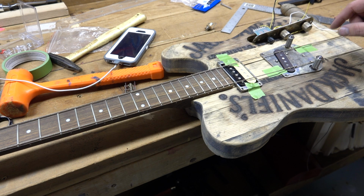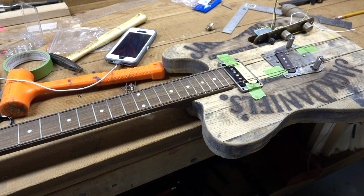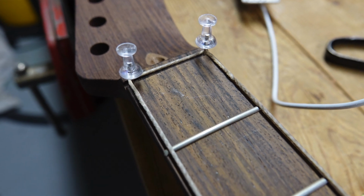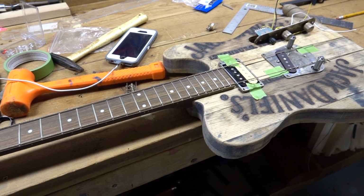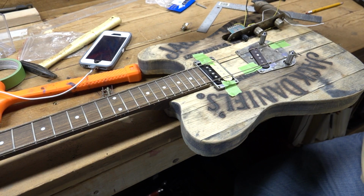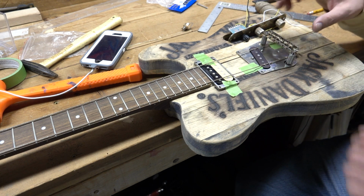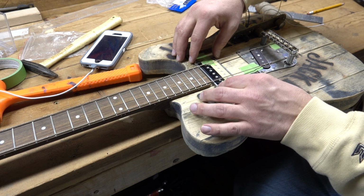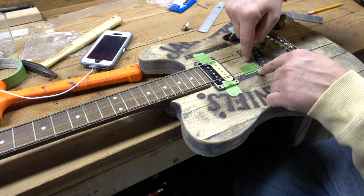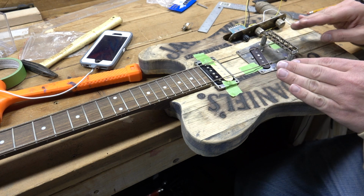So the trick that I use is I'll get some string and I'll line it up against the fretboard. I use some tack pins here, push pins. And it just approximately gives me where the string tension is going to be. So where the E's are. And then I'll take my bridge, and I did try to draw a center line here, which is where my starting point was. My first set point here is the neck pickup, and I get it parallel here, and then I can get this parallel, and then I use some green tape and just sort of line this up